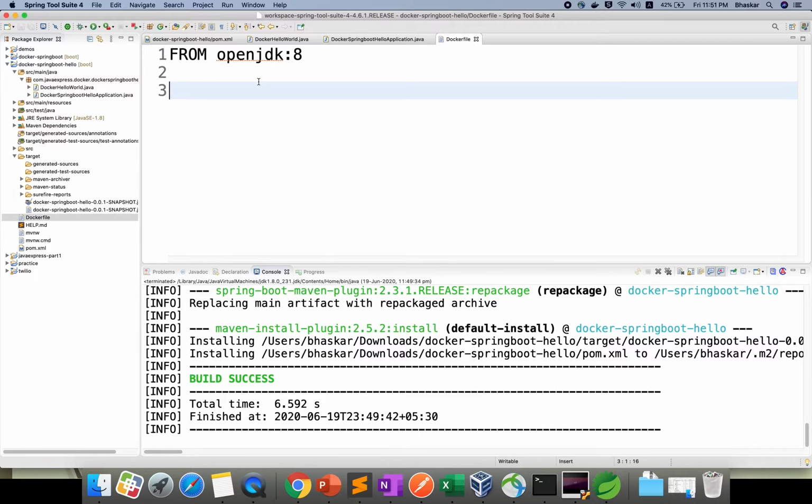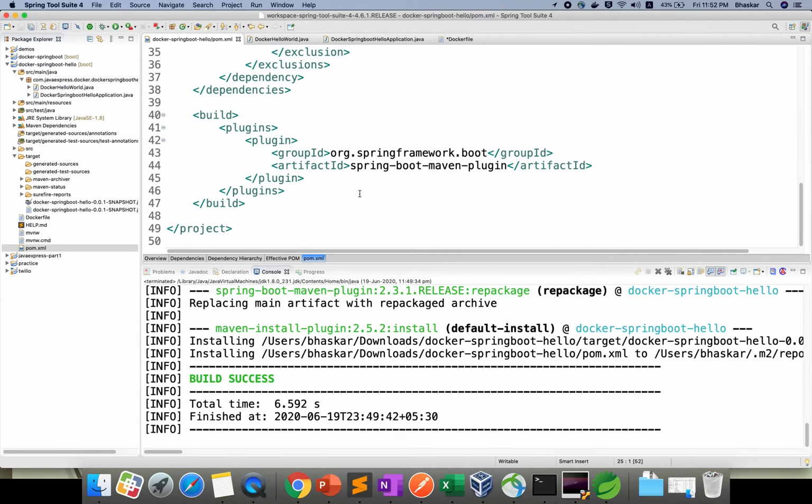This is one requirement. Now what I need to do is copy the jar file from your local directory to inside your Java folder. How can I do that? In the root folder, I will add the directory where I have my target directory, slash target. If you see here, this is my target folder. I'm giving target slash, but the name looks very big, so we'll change this name.